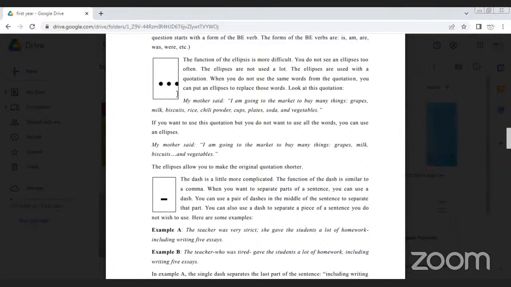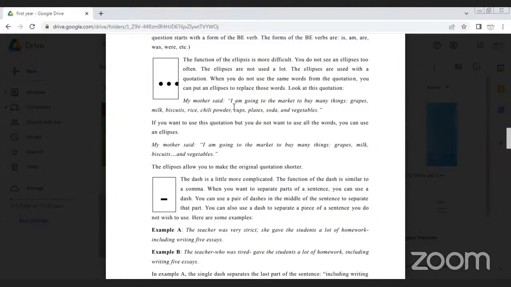Okay, look at this quotation. My mother said, in inverted commas, I am going to market to buy many things: grapes, milk, biscuits, rice, chili powder, cups, plates, soda, and vegetables. If you want to use this quotation, but you do not want to use all the words,